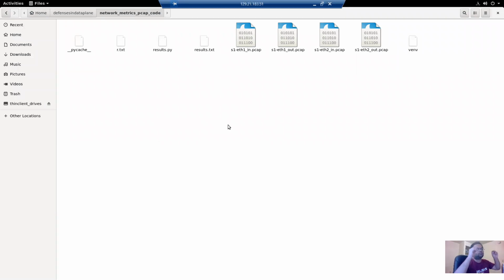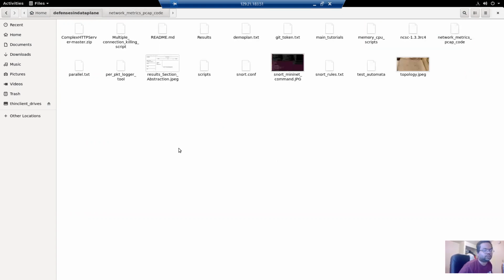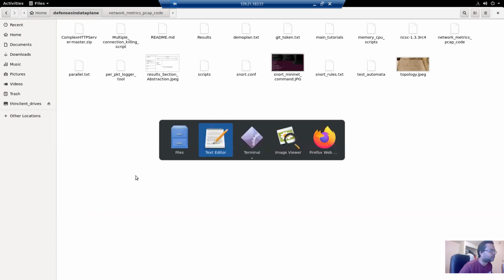So you don't need to go through what we used to do earlier, which was to check the packets in Wireshark, note down the timestamps, and then try to collect the different statistics. Look at the size of the bytes to get the throughput and all other things. So now we don't need to do that. We can do it automatically through our Python script.